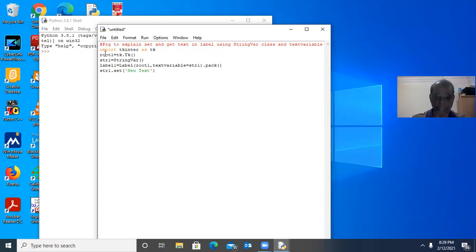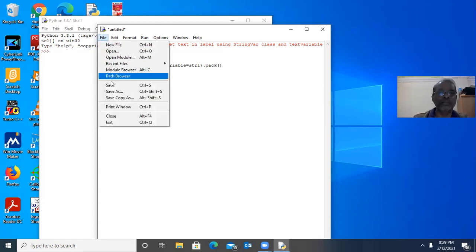So now str1 is assigned with new text. So I would like to print str1.get, and root1.mainloop. First we will see the output, then I will explain the program once again. I would like to save and run the program.